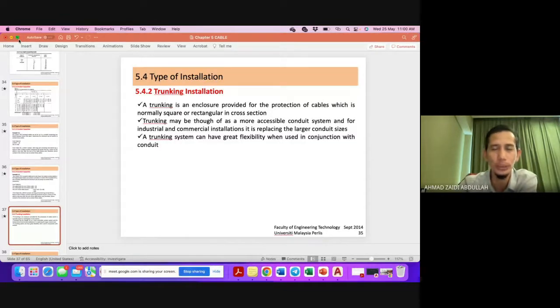So if you design telephone in a building later, you cannot combine it in one trunking, especially telephone. And ICT and telephone also cannot be combined. So ICT goes in the white trunking. Combining electrical with ICT is even worse. Okay. So trunking installation is an enclosure provided for the protection of cable,